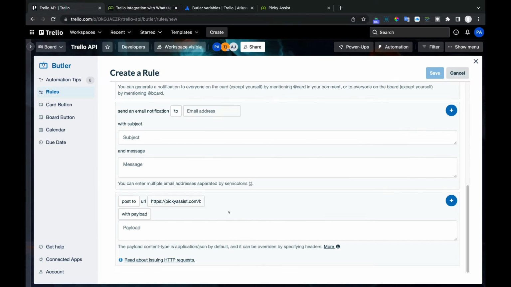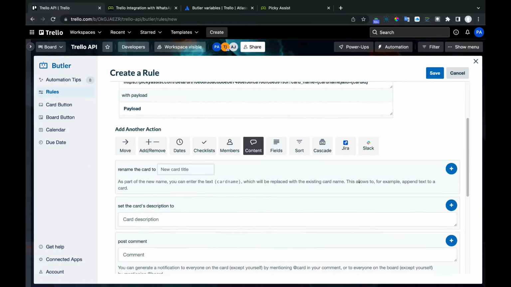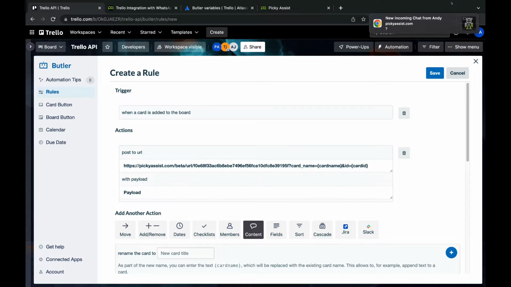So in the Butler, at the end we have to copy and paste this. So always make sure that the value is correct. So we will be getting the card name whenever this specific rule gets triggered. Now that's all. Then we can click on this add. Now these conditions also got saved.